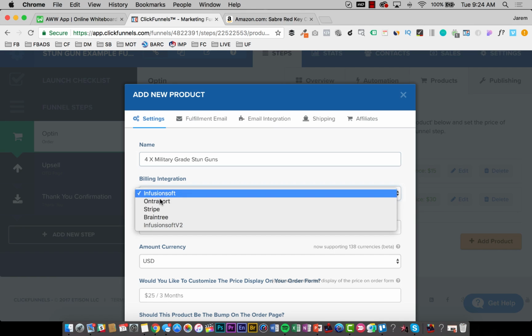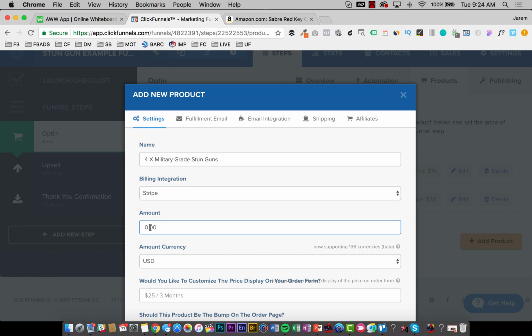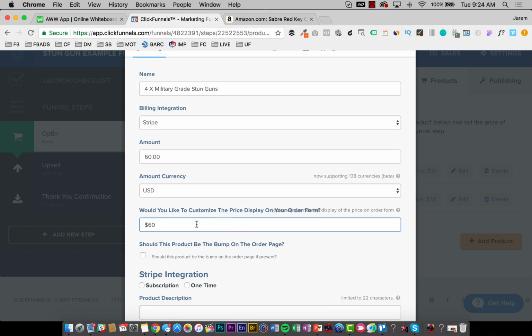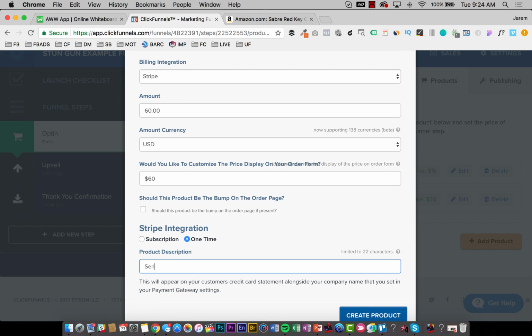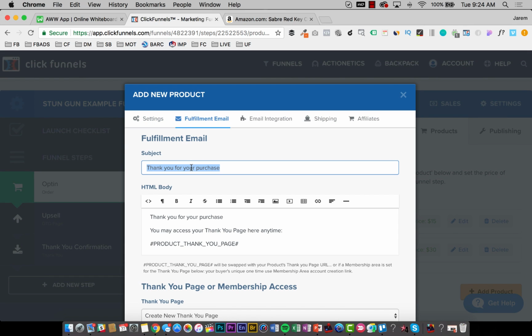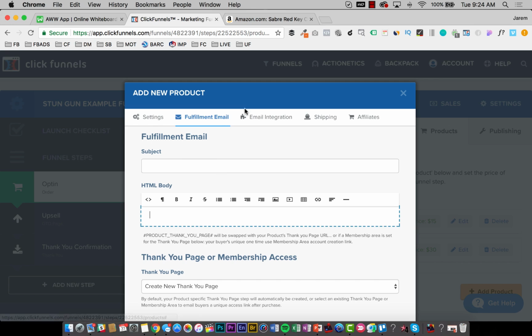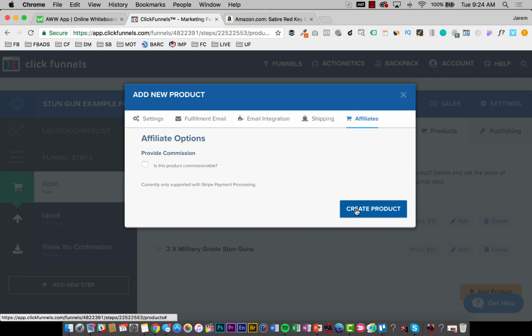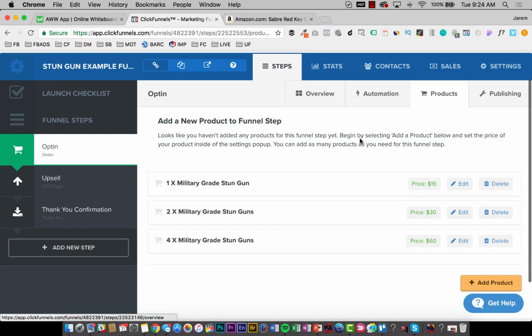Okay, billing integration is Stripe. 4 times 15 is $60. And again, we want this to look like 60. One-time product, self-defense products. I'm going through this really quickly to try and show you, but make sure that you take enough time that you're doing this right. Shipping, affiliates. Okay, and